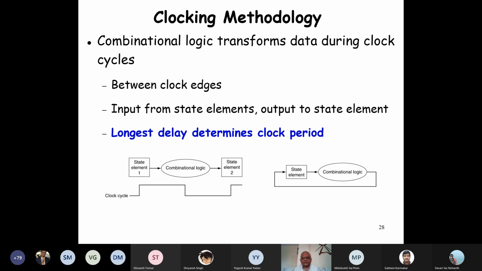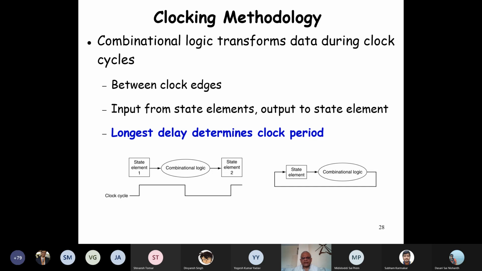Now, the fundamental thing to watch here is that in combinational logic, depending on the input, it generates the output. But what will happen to the output if we don't store it anywhere? It will get lost. And how is the input given to the combinational element? There must be some storage. So for combinational logic like the ALU and so on, there must be some storage element, a sequential element, which drives the combinational logic. And the output generated by the combinational logic is also stored in a state element.